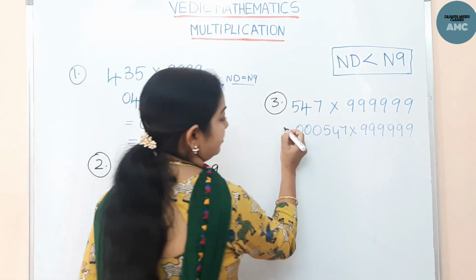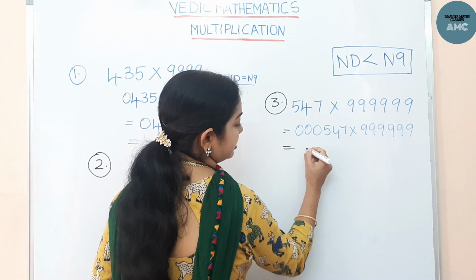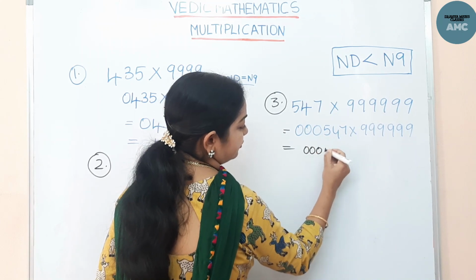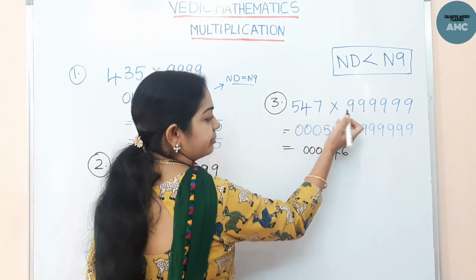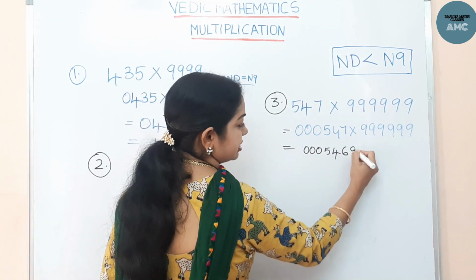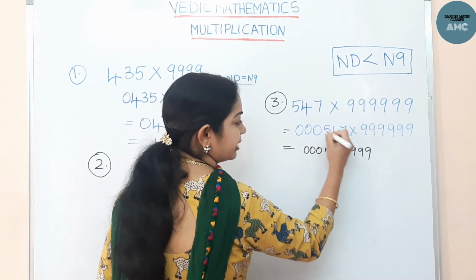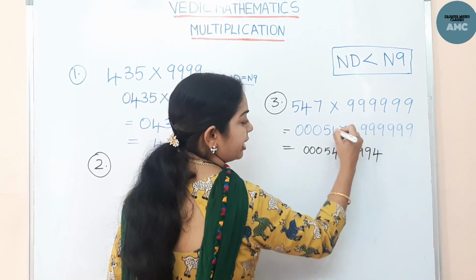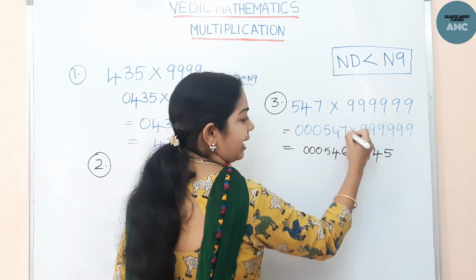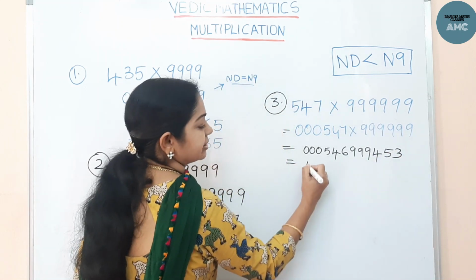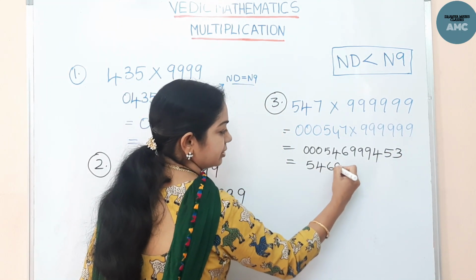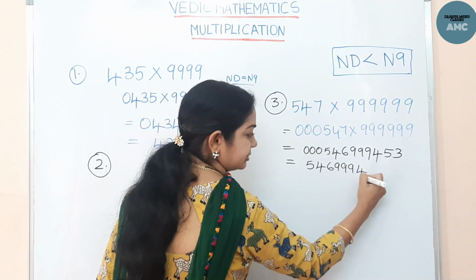Okay. Now here we can start: 0, 0, 0, 5, 4 and 6. I have decreased 1. Now start here, all from 9, last from 10. 9 minus 0, just 9. 9 minus 0, 9. 9 minus 0, 9. 9 minus 5 is 4. 9 minus 4 is 5. And 10 minus 7 is 3. So the final answer, you can eliminate the zeros and you can write the answer.